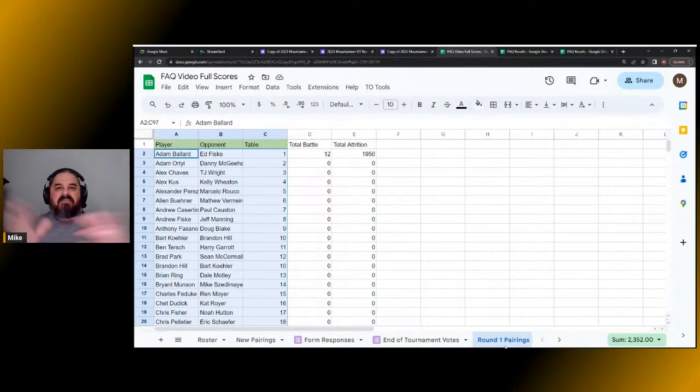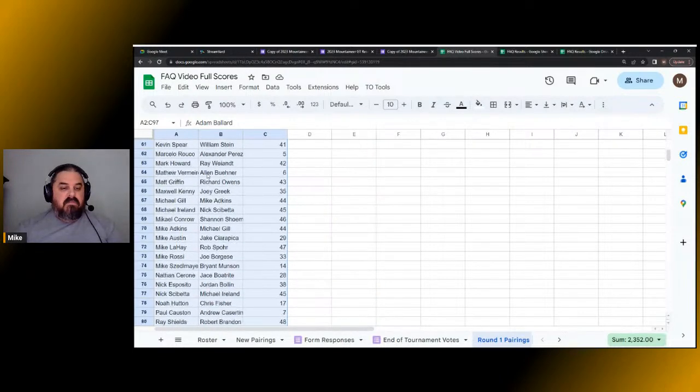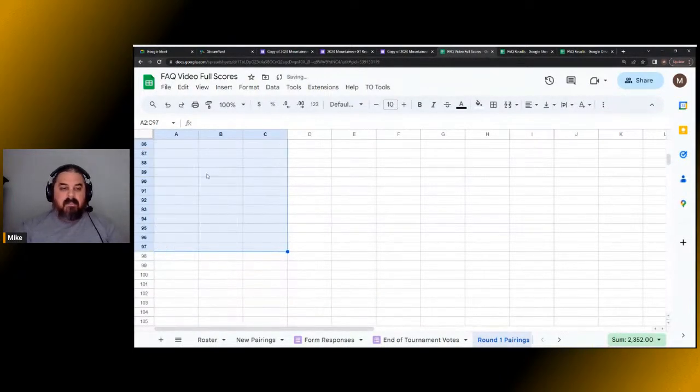So if you don't want to mess with pairings and copying and pasting pairings, and you just want to put in some junk data real quick to make sure that things are testing and working and all the numbers are showing up everywhere, you can skip that and just go straight to putting in results and seeing the results. That's fine. When you're done testing and you want to get rid of all your test data, if you've done test pairings, you just go and delete the pairings from the pairings tab,